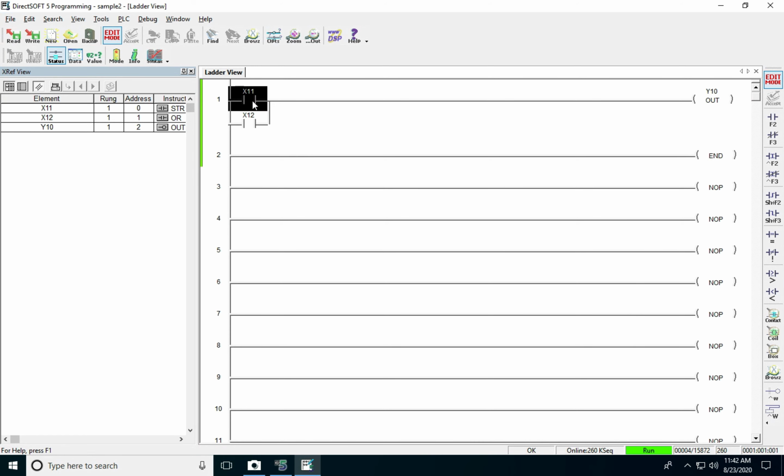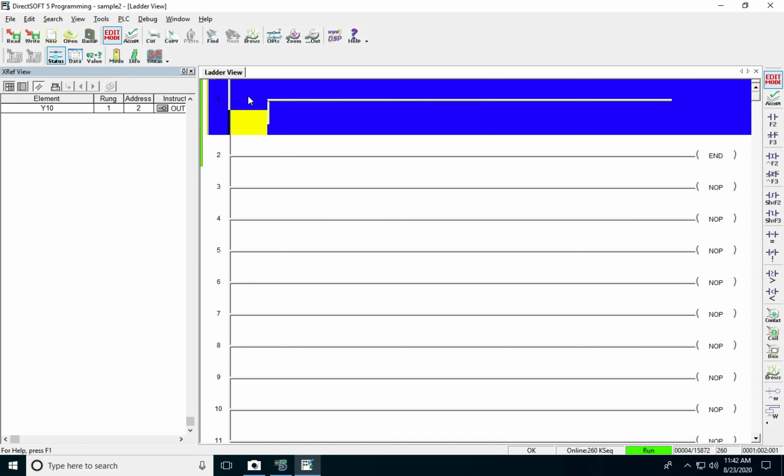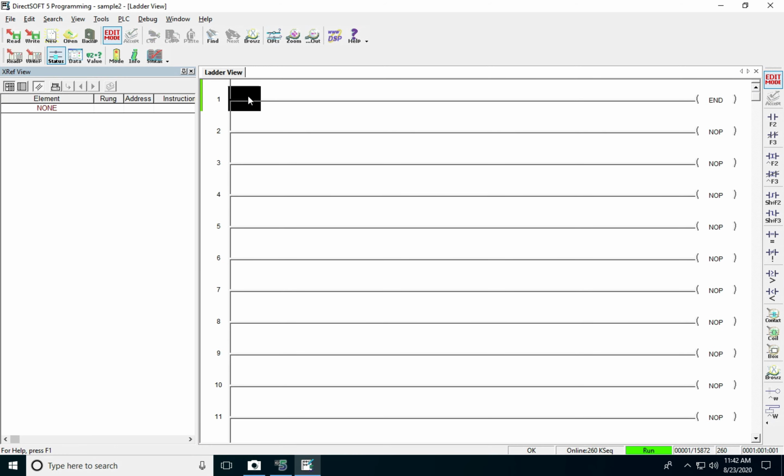Now let's clear this. You can just click here, delete, click here, delete, click here, delete, or you can click here, shift right arrow, delete. That means I deleted that line. Similarly, shift right arrow, delete. So right now I deleted all the code.